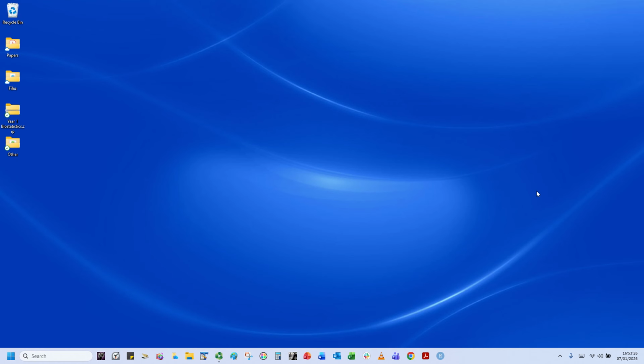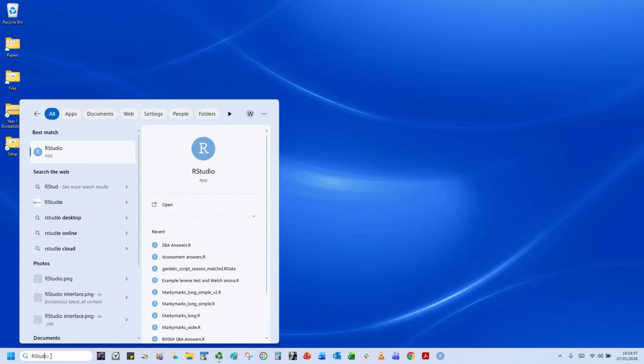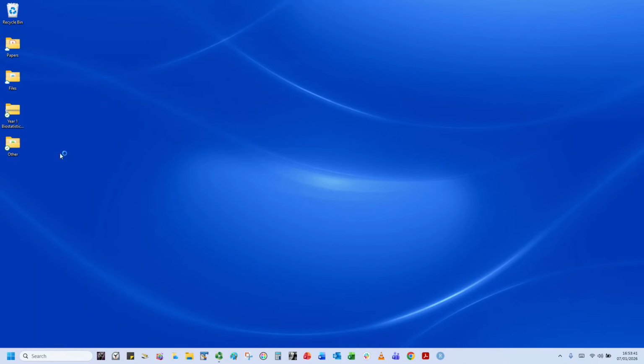In this tutorial, I'm going to teach you how to create an R project using RStudio. So first, click on the RStudio icon if it's on your toolbar, or search on your device for RStudio, making sure to not put a space between R and Studio. Open the app,